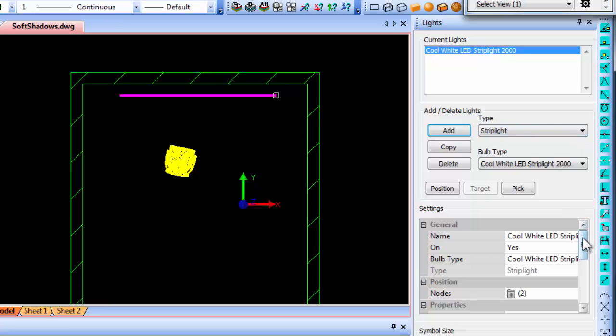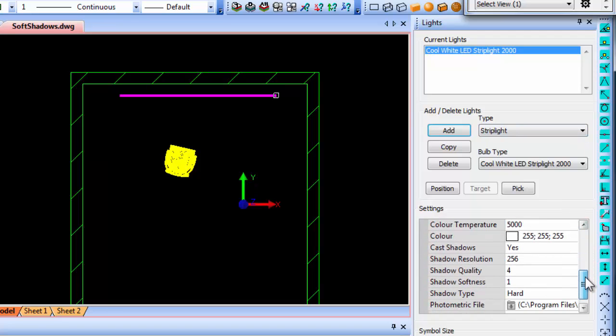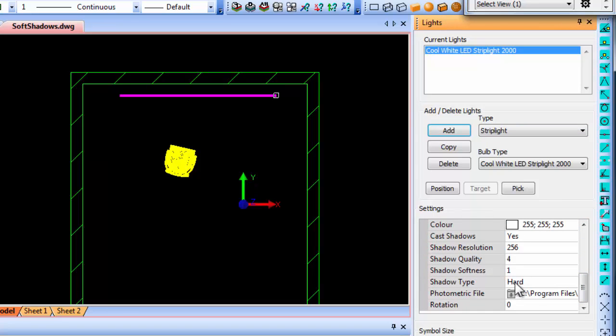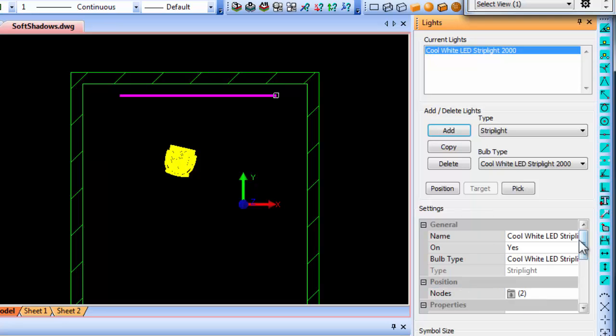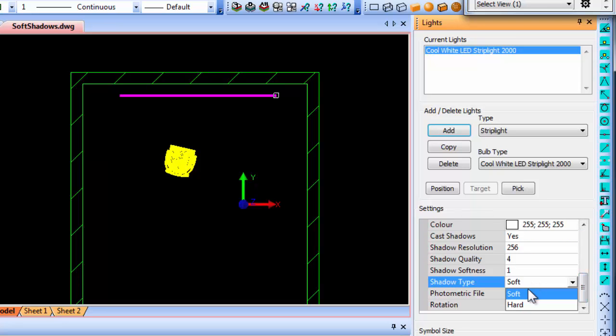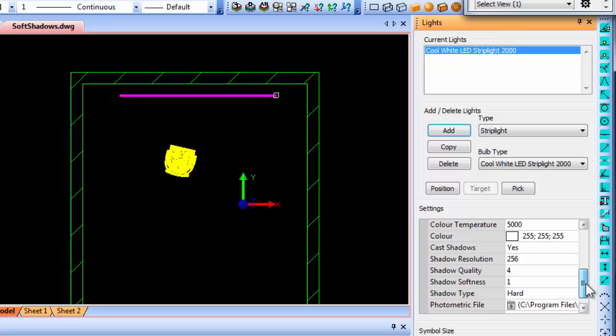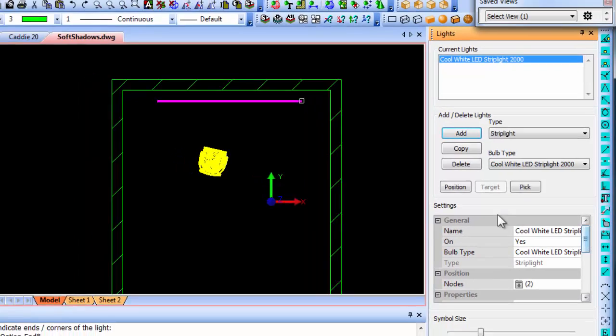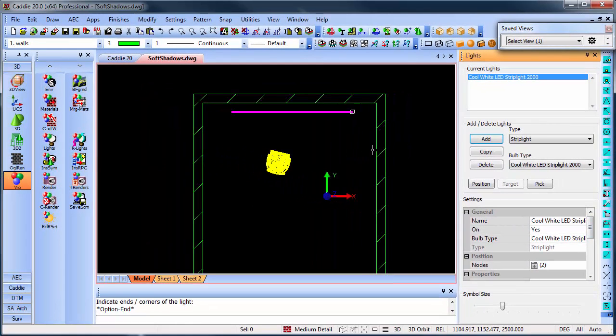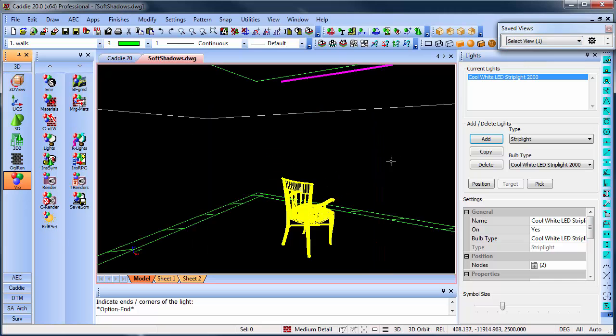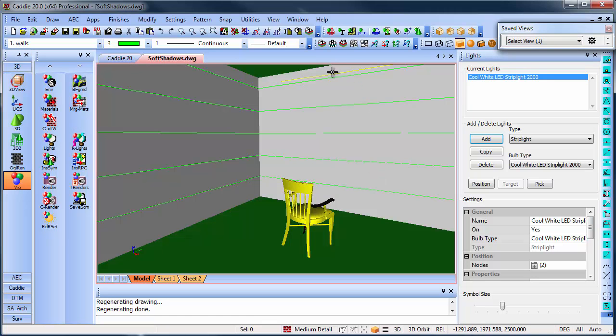If you go to the properties of that particular light, you will see at the bottom there's a shadow type which can be changed between soft and hard. Currently you can see I've set mine to hard. I'll show you shortly examples of soft lights. So if I go back to my previous view, you will see the strip light at the top there. And if we now do a render,